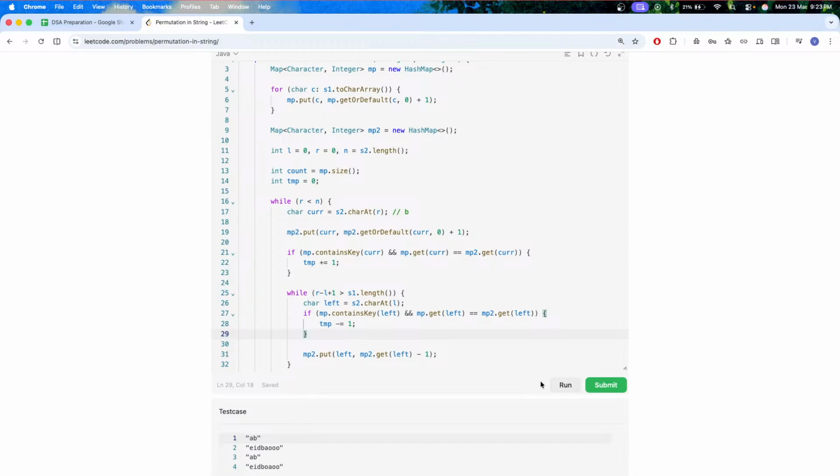Basically I have to find the minimum window substring, right? So if the current count is equal to required count. Okay, yeah. So basically we will keep on, we have increased r to 1. So now when r is 1,